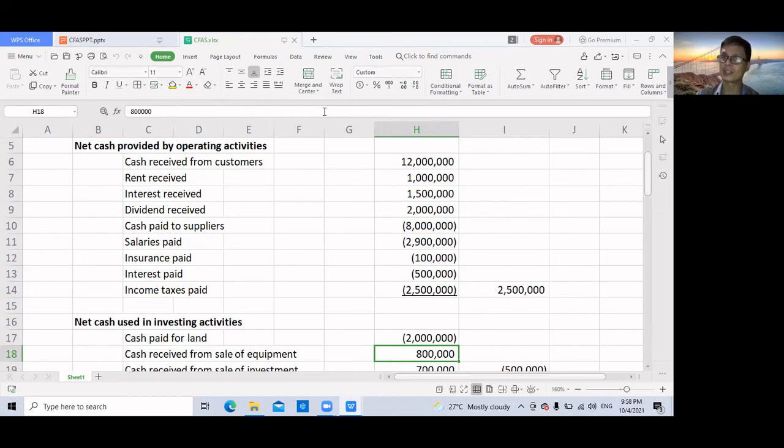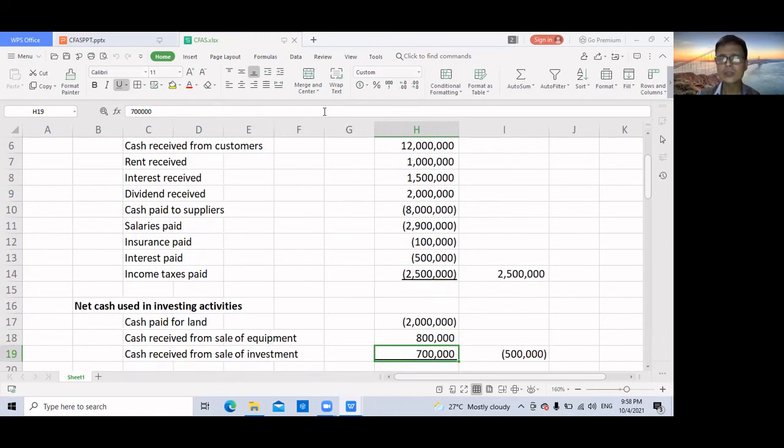They sold equipment, so that is additional cash. Cash receipts from sale of investment, that's 700,000. That is also an addition to their cash balance. And a net amount of 500,000,